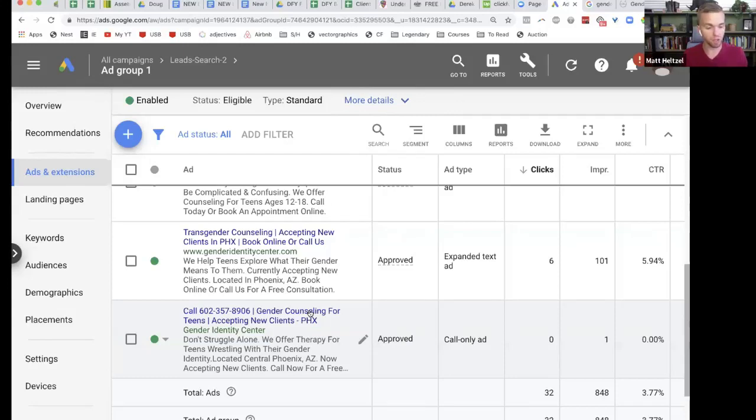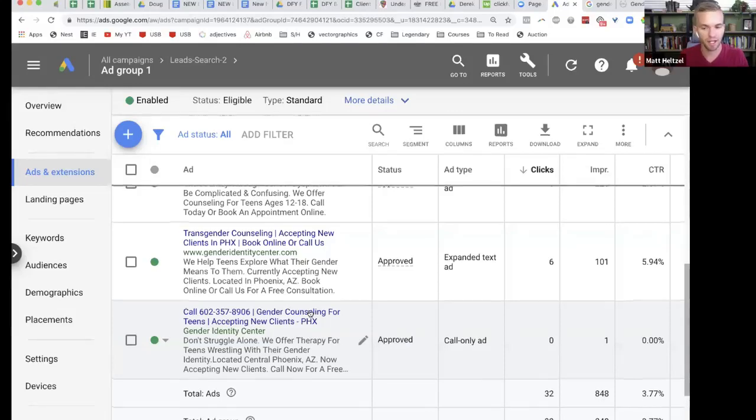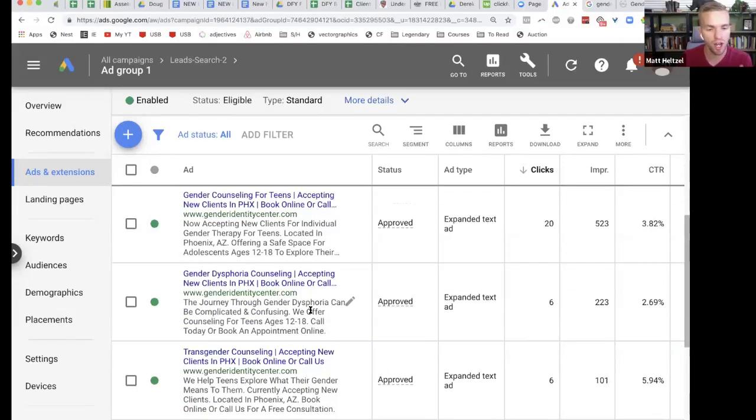It's going to show up to people who are just looking to get a little education, and then they're just not going to click. That's okay. I don't want them to click. But if somebody searches gender questioning and they don't know yet in their mind that counseling exists, there's 13-year-olds out there who don't really know they could go to therapy and talk to somebody about this because their parents lose it every time it comes up.